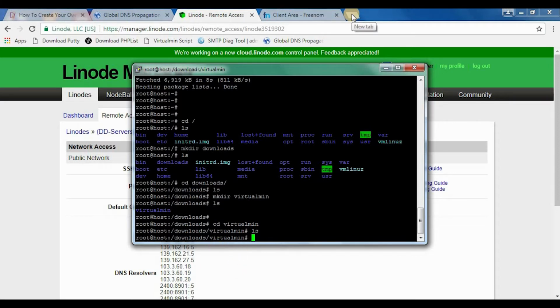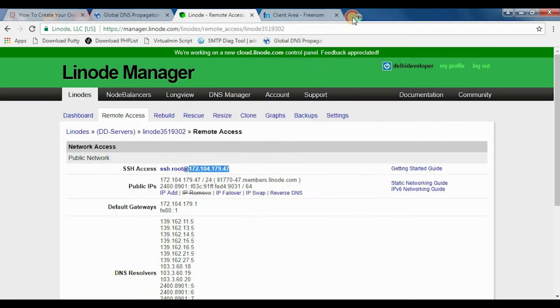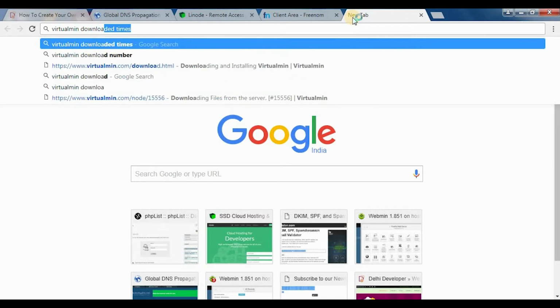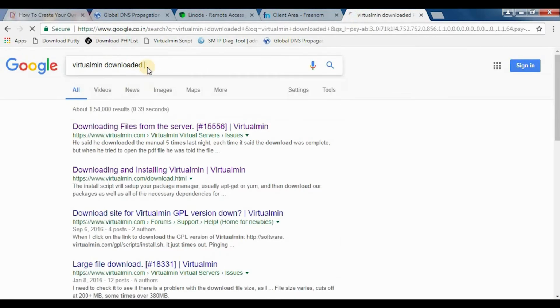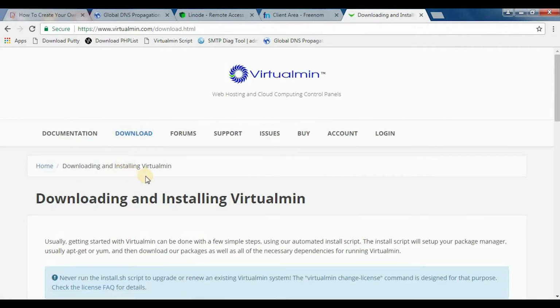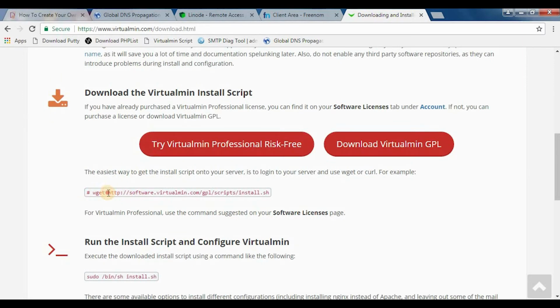Now Virtualmin is actually a control panel that we will be using to control your server. You can download this script from here also, but if you type Virtualmin download, then just click on the first link and you will find this statement here. So this is the official installation script link of Virtualmin, but this is not what we will be using, because